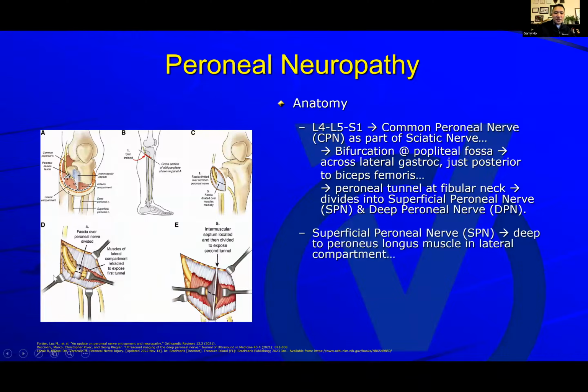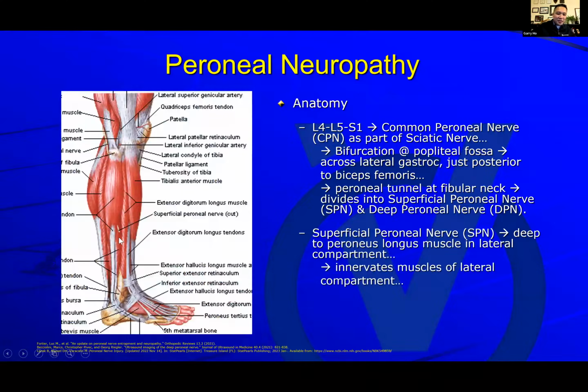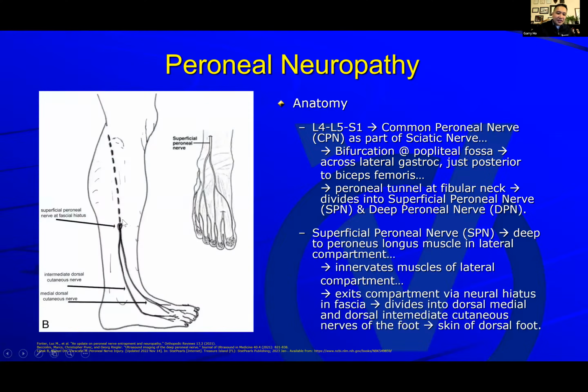So the superficial peroneal nerve stays in that lateral compartment, traveling from proximal to distal, posterior to anterior, until about the mid leg, or perhaps the junction between the middle and distal third of the leg, where it pierces that fascia to go subcutaneous. While it's in the lateral compartment, though, it innervates all the muscles in that lateral compartment. And then here you can see it's